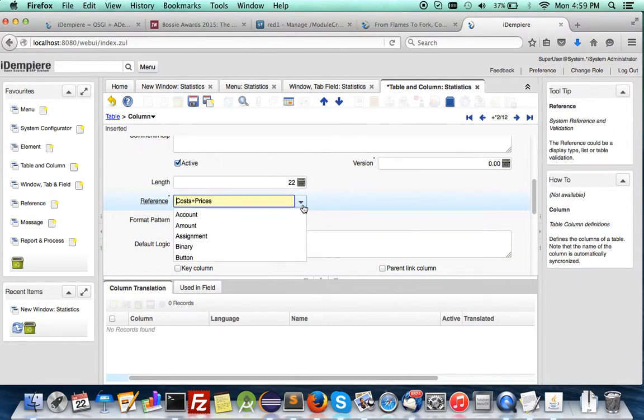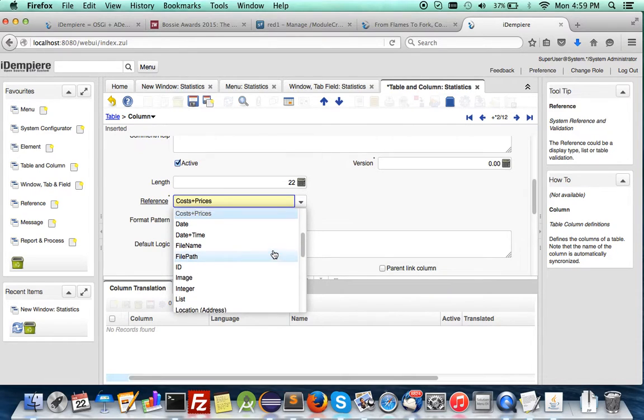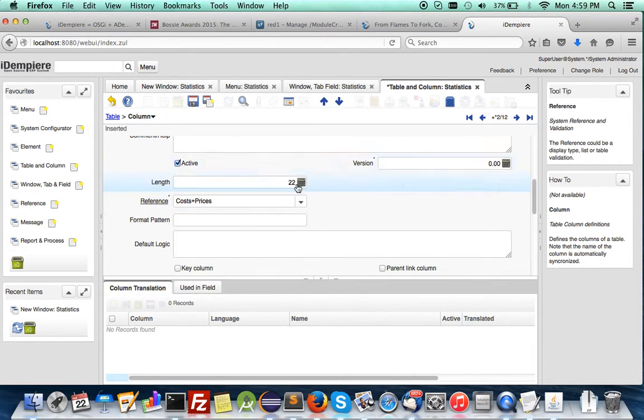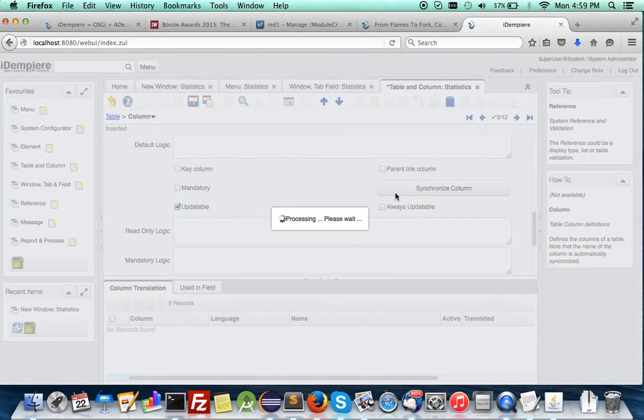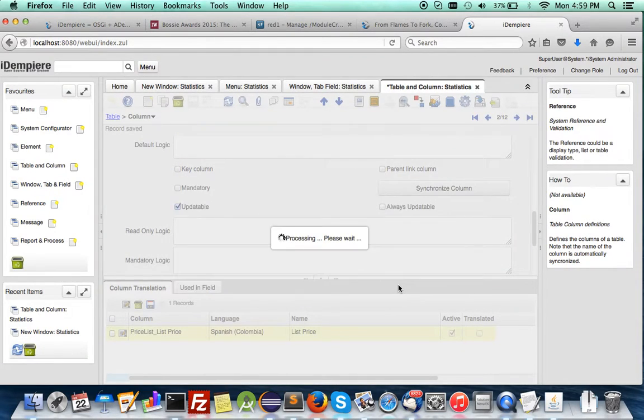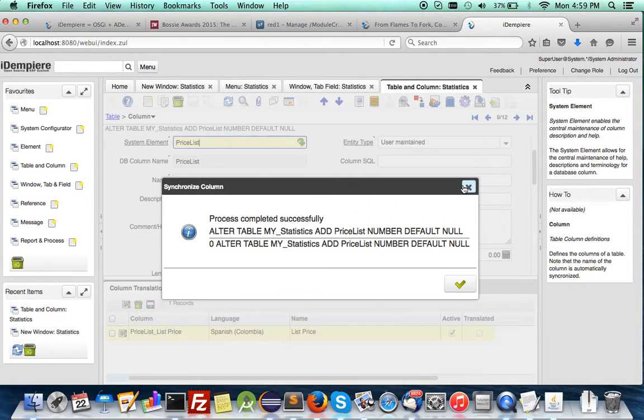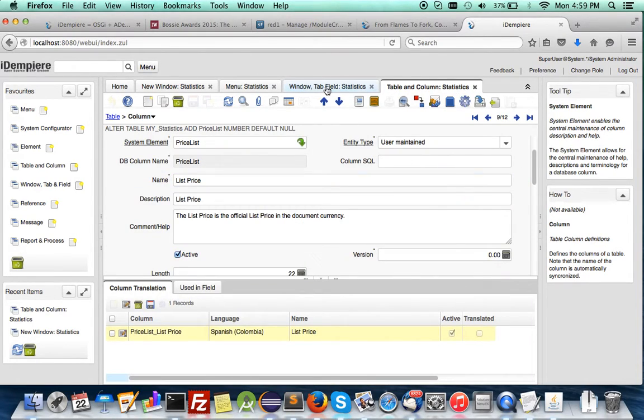So you can have many different types of reference: date, time, ID, integer. In this case, it is prefixed to default for you. Just synchronize it, and that's all. You have just added another extra column to it, and you can get back to your tab